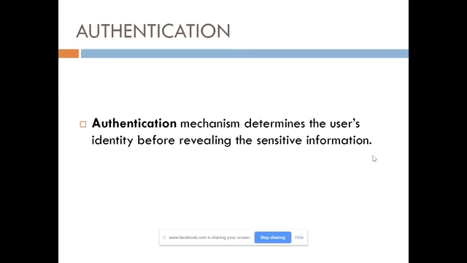So for explaining these things, suppose I have a sender A and I have a receiver B. So there is a person A and there is a person B over the internet, right? A is a sender and B is a receiver. A wants to send something to receiver B over the internet. Now the question is, how is the system going to identify that actually there is a sender A and actually there is a receiver B,